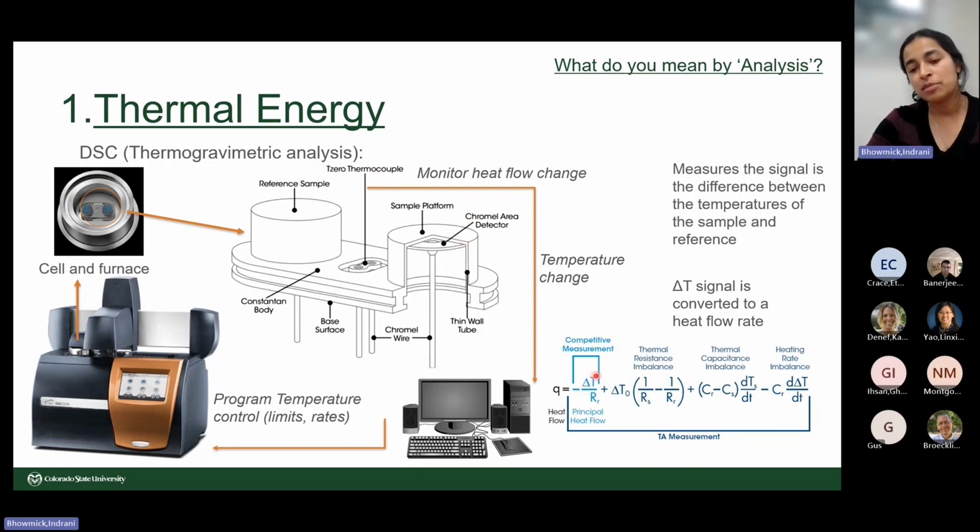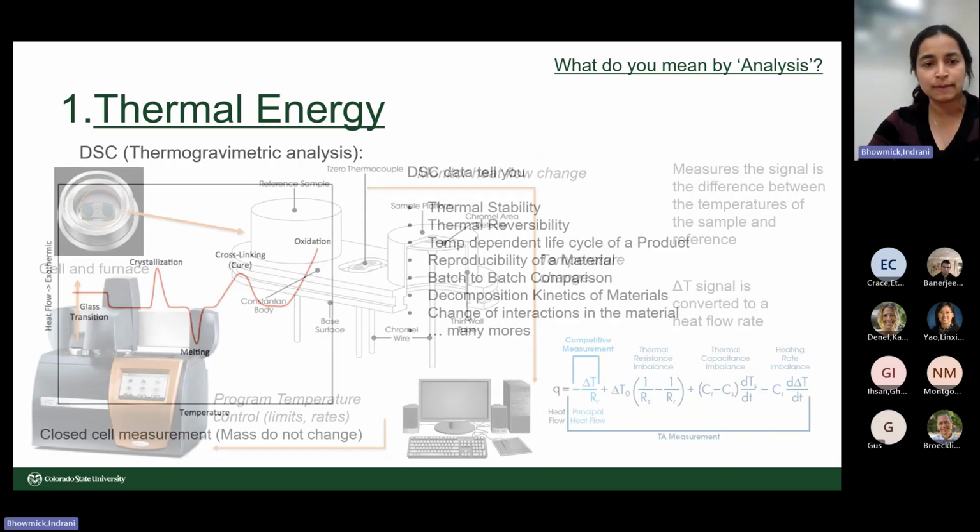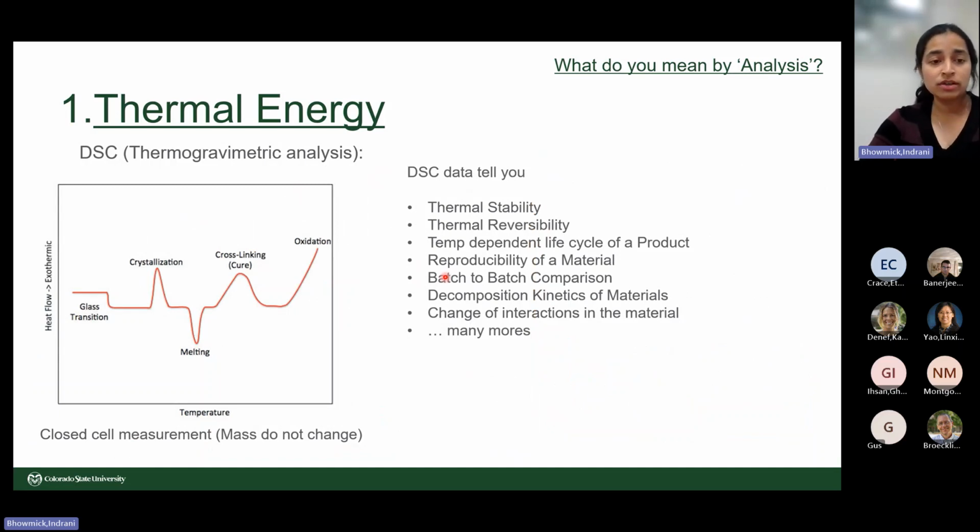You use this temperature difference, with all those equations at the end, to give you the total heat flow of your sample. What you analyze is the glass transition,